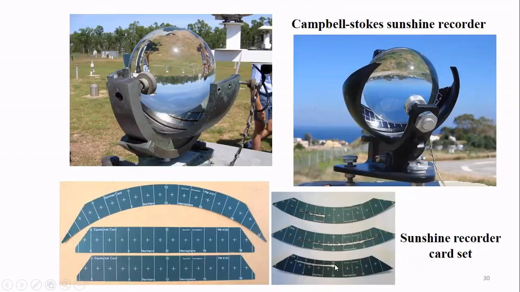From that, there will be a chart maintained in the meteorological station. Each particular length has the hour, 2 hours. Imagine in this day, 2 hours, 2 hours, 2 hours, so 6 hours, 8 hours. 8 hours of sunshine was recorded. Like that they are getting the reading.